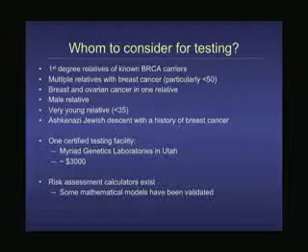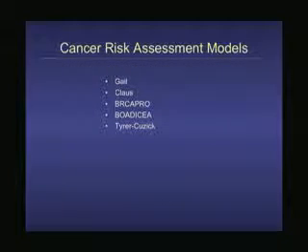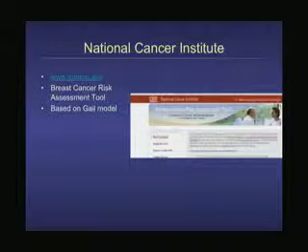And so they've developed some calculators, some risk calculators, mathematical models that will do a pretty good job at determining whether or not you might have this without actually having to go and get the blood tests and pay that kind of money. And these are the different ones that exist. So I'm going to mention the Gail model because that's the most commonly used. And if you go, which I did, to www.cancer.gov, which is by the National Cancer Institute,